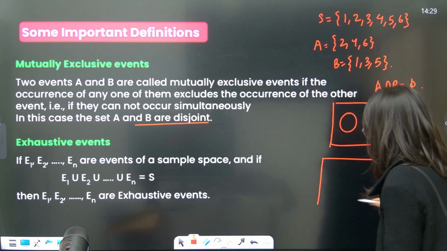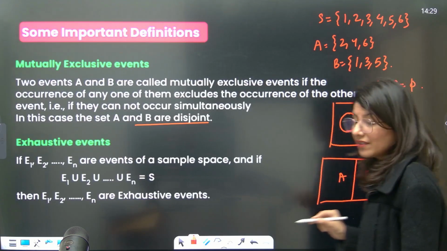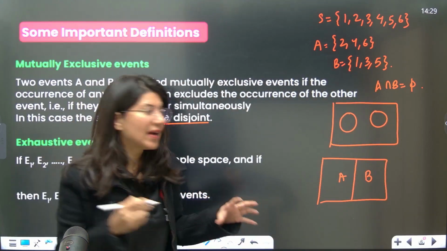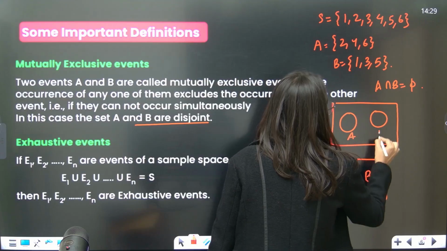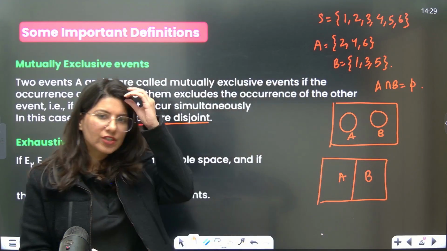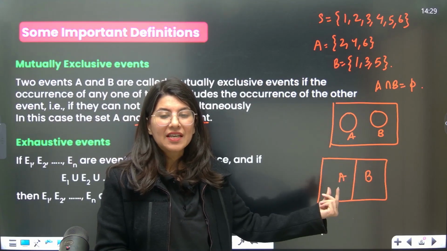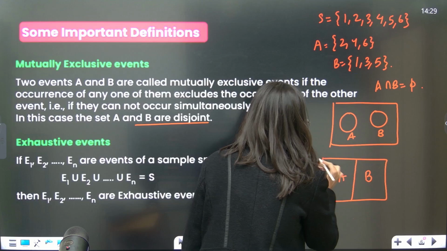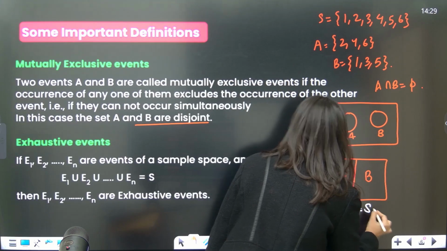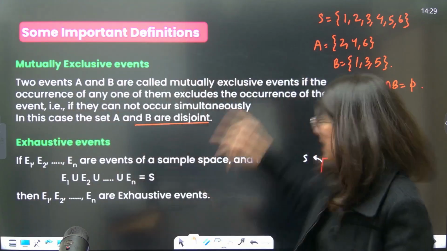Okay. Now exhaustive events. Understand what an exhaustive event is. Suppose you have event A and this is event B. By the way, you usually see that, ma'am, the event is represented by a circle, this is A, this is B, but it is not the case. It can be represented by any shape. So this time you can see 2 rectangles. This is completely the sample space. This is A, this is B. Okay, and this rectangle is S. Now tell me A union B. If you combine A union B, you are going to get what? The complete sample space, which is the case with this example as well.